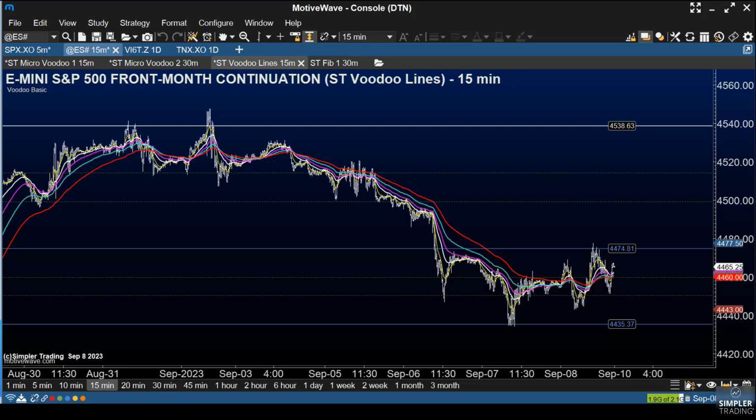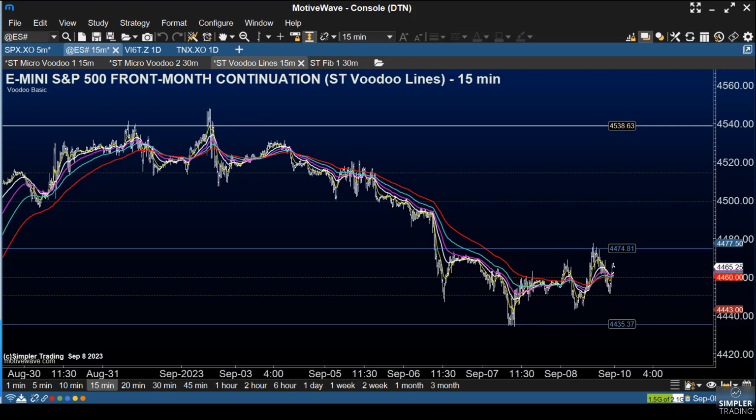Right. If we come back here, we'll also see these Voodoo Lines levels, right? The Voodoo Lines, which found the high back here last Friday, found the low here last Thursday, found the high of today's bounce, right? These levels are fixed, and whatever ES contract we look at are going to be here. So while you can use that tip of moving all your fibs over to the December contract, if you want to use the Voodoo lines, my recommendation is this: through next week, plot the